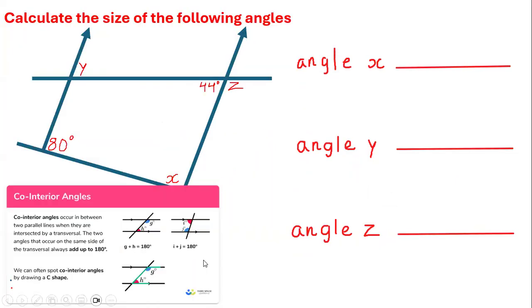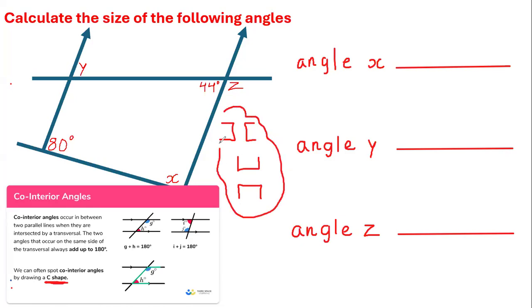So basically, for co-interior angles, they must form a C shape. Or like Tavana said, it's a U shape, C or U. But we typically say C, right? It's a regular C or a robotic C. It could be a C like this, or like this, or like this. It doesn't matter. It could be up, down, side, side. All of those, we call them C's. Do you understand what I'm talking about? So don't be technical.